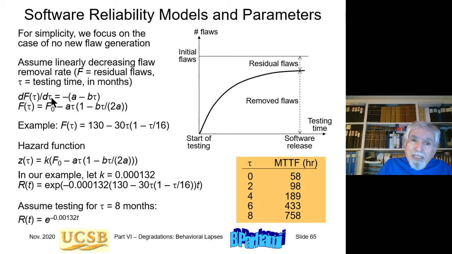Okay, so if that's the case, then I can solve this differential equation and find the number of flaws at time tau is some F0, the initial number of flaws. Of course, that's an estimate, as I mentioned, minus this quadratic function of tau. So for example, if the initial number of flaws is estimated to be 130, and A is 30,